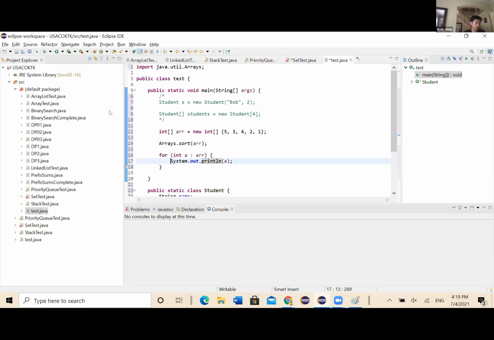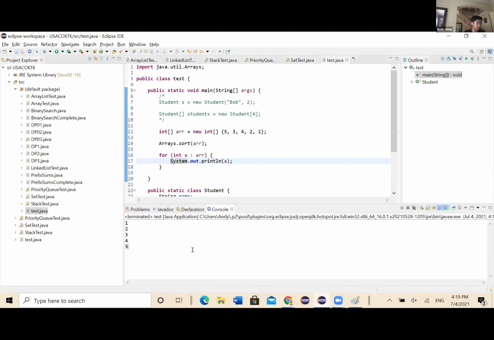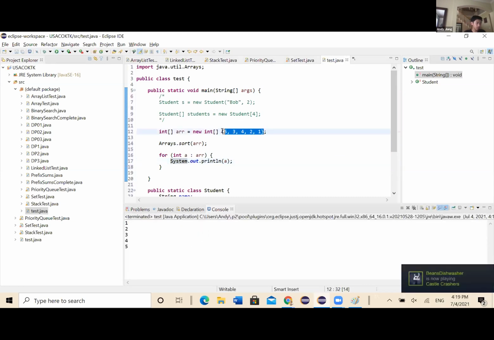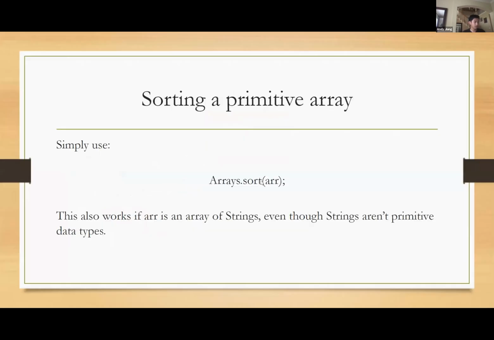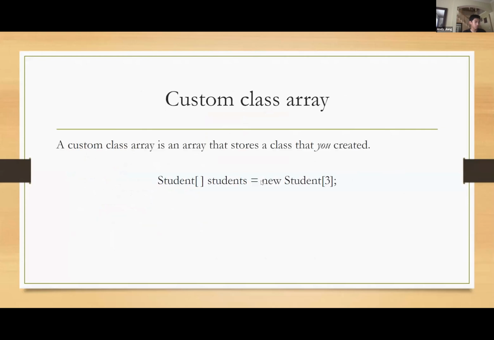This prints out every element in r. So I just run this. Originally, this was the order, and now once I sorted it, it's in ascending order, so it's 1, 2, 3, 4, 5. Okay. So this is just a primitive array. If we have a custom class array,